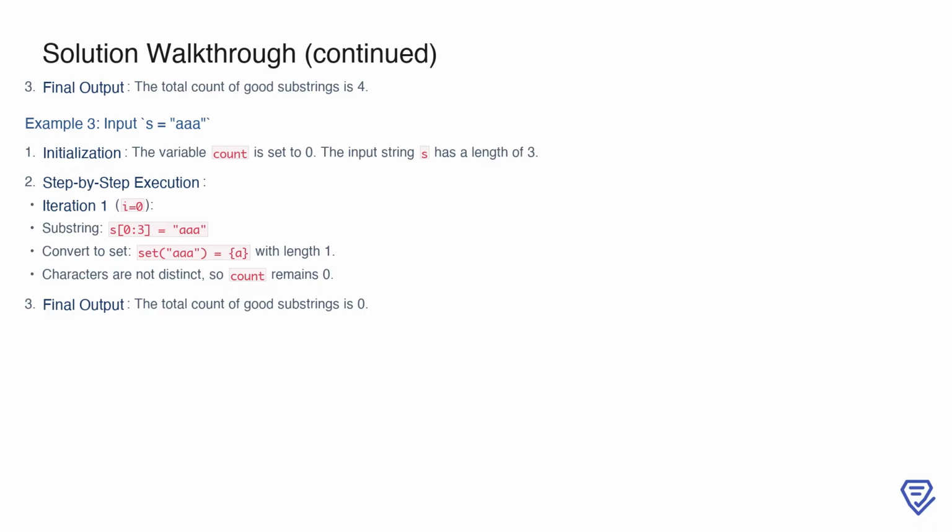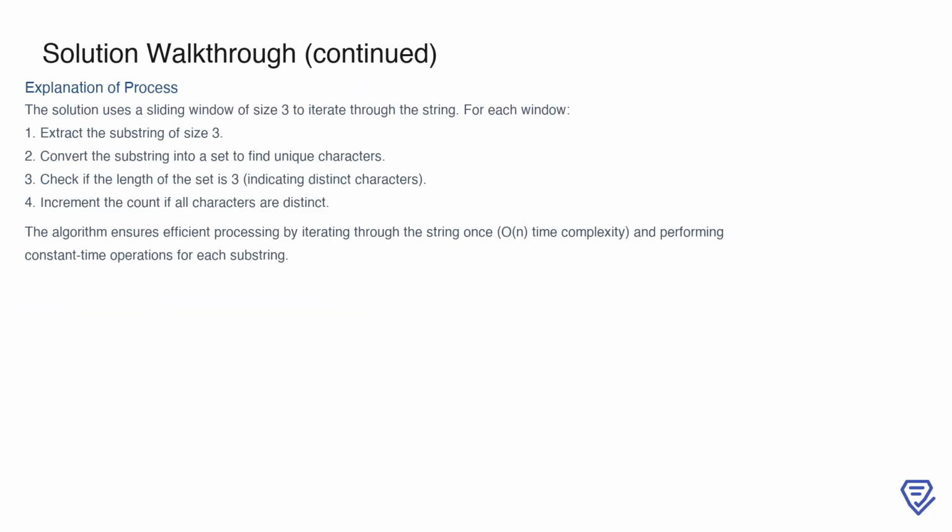This example highlights how the algorithm handles edge cases where the string contains repeated characters. The underlying process of this solution revolves around using a sliding window of size 3 to iterate through the string. For each window, we extract the substring and convert it into a set to determine the number of unique characters. If the size of the set is exactly 3, it means all characters in the substring are distinct, and we